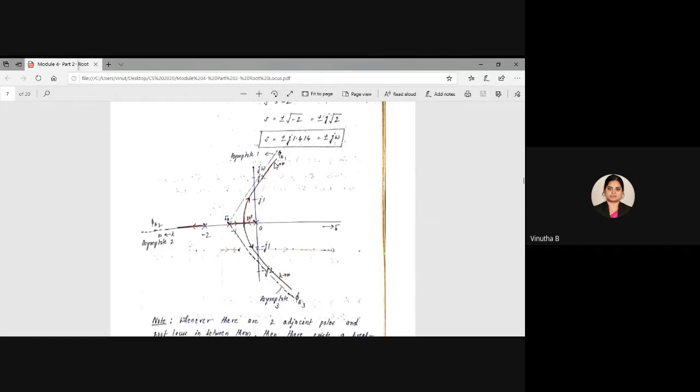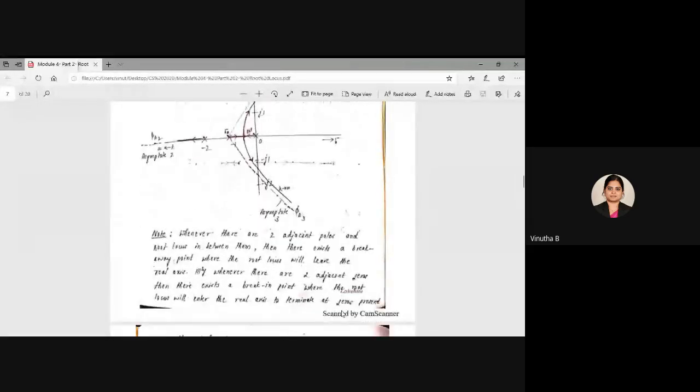So that is what we have done here. We are just drawing a second line which is parallel to the asymptote. That is what we have indicated here. K tending to infinity. And these points, that is 0, minus 1 and minus 2, you can write here in brackets as k equal to 0, k equal to 0, k equal to 0. So there are three asymptotes. Asymptote 1 is here, asymptote 2 is here, and asymptote 3 is here. And we have drawn a line which is parallel to that asymptote and which will be touching that asymptote at infinity. So note, you can see a note here.